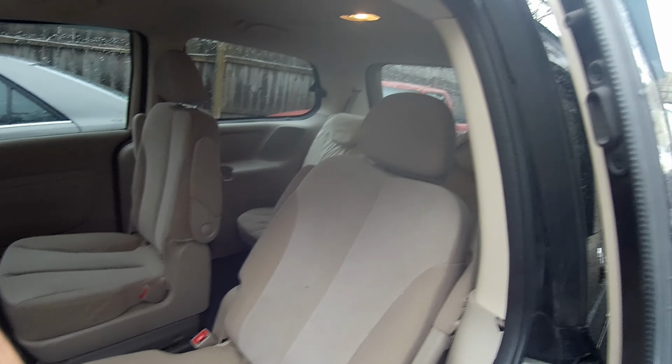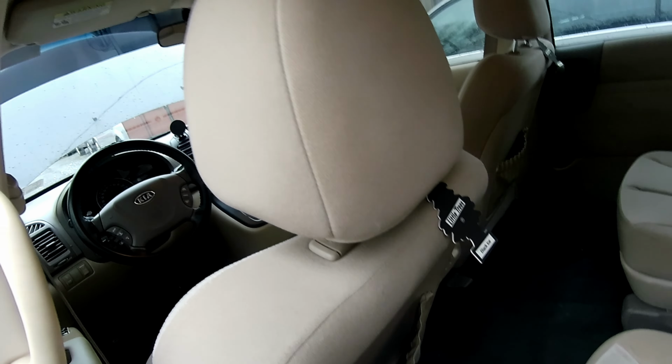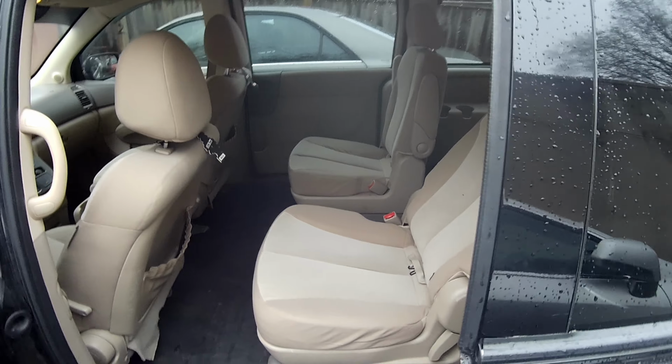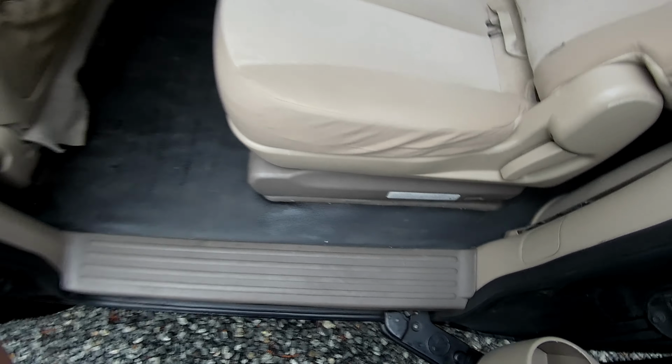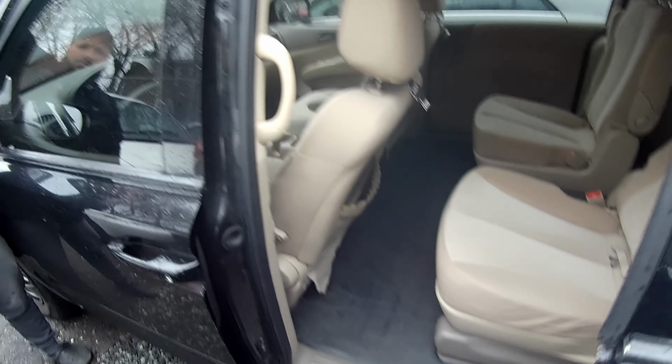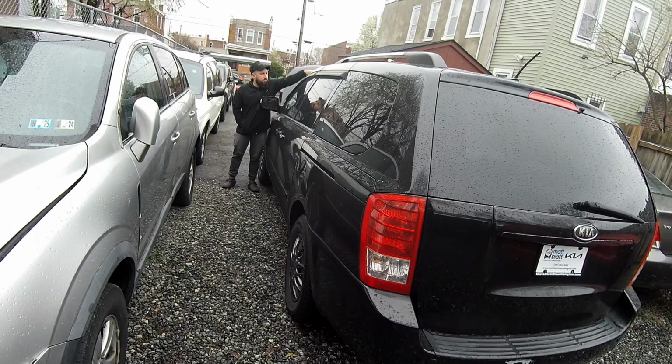Let's see. Interior's nice. Yeah, but I don't think it's 2500. Nah, $1,999. Blow it out. I'll put it in the ad. Don't put nothing on it. Well, you gotta sell some. I don't give a shit. You're the one that's gotta sell it. But it's clean. $1,999. Just tell them it takes